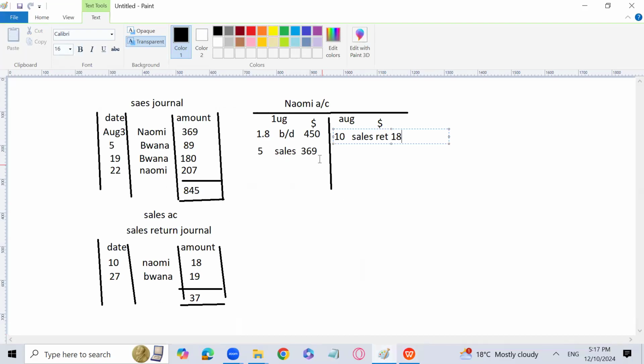Now Naomi is going to make us the payment of the amount which she owed to us on 1st August. What amount we are supposed to get from Naomi on 1st August? That is 450. But she is making the payment of 423 only, right? So bank is going to be debited by 423. Here comes discount allowed, because that is not bad debts. We are giving her discount, and Naomi is going to be credited with the full amount of 450 because Naomi